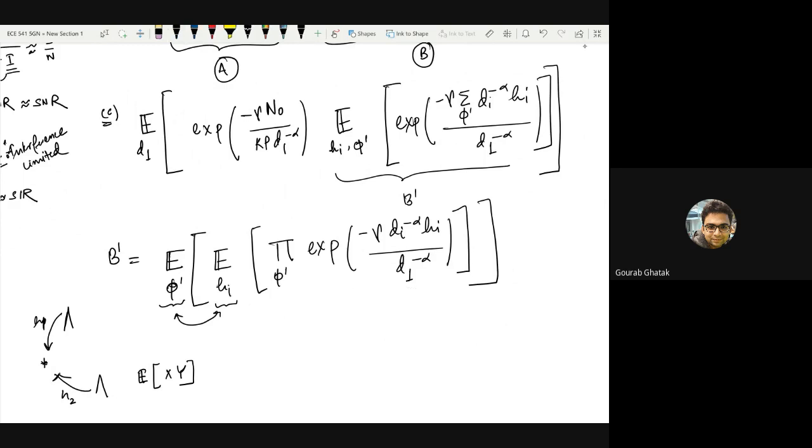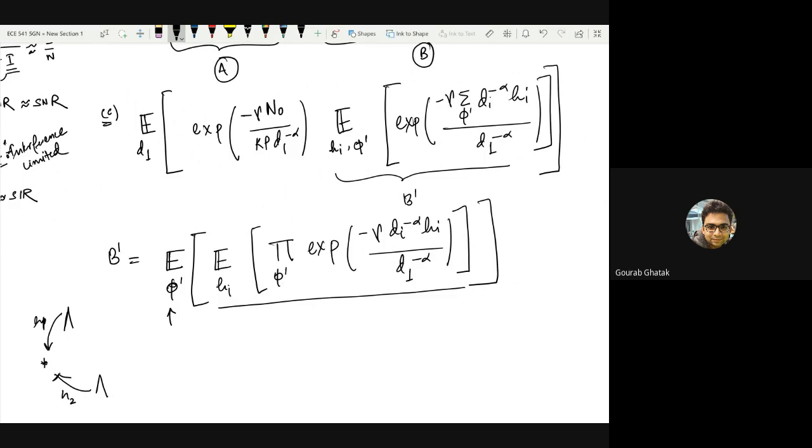If we are only focusing on this part of the problem and not really focusing for the moment on this phi dash, what do we mean by that? It means that for a given realization of the network, if you are fixing phi dash, the distances of these interfering base stations are fixed. For that particular case, individual links which are experiencing these independent fast fadings give an expectation of this product of individual terms, right? Each of these terms is independent of each other because the Hi's are independent of each other. Is this clear?